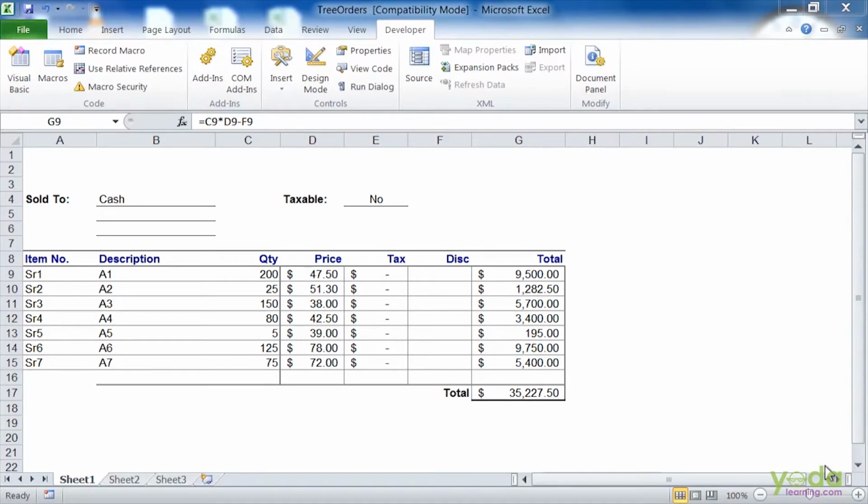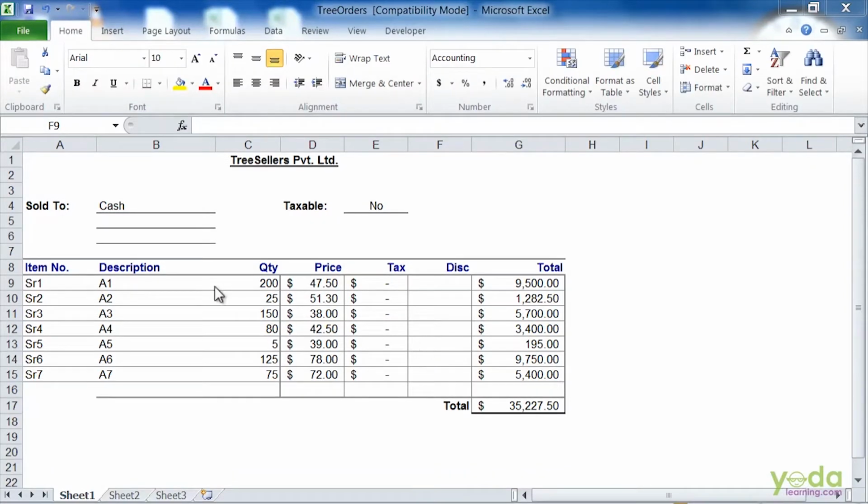Like any function, the UDF can be as simple or as complex as you want. Let us start with an easy one. I have an invoice here which lists the items, the name of the products, the quantity and the price, and it gives you the product of the quantity and the price in the total.